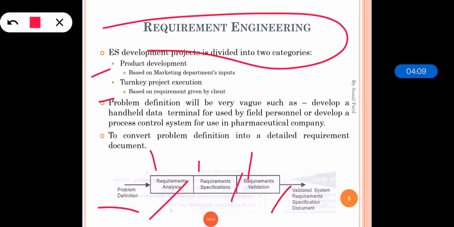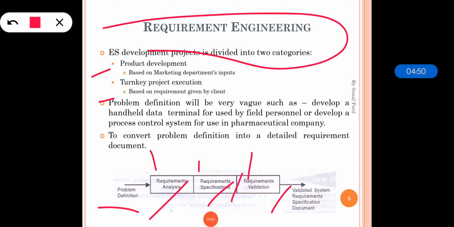As shown in the figure, the requirement engineering process is divided into 3 phases: requirement analysis, requirement specification, and requirement validation. In the requirement analysis phase, you need to have a series of discussions with the client to obtain the requirements such as input, output, the processing to be done, input supply voltage, communication interfaces, size, operating environment, and the standards to be followed. All that comes under requirement analysis. Once these are obtained, they need to be documented, and the document is called the requirement specification, that is the system requirement specification that has to be prepared.